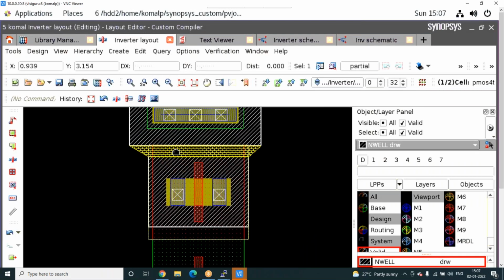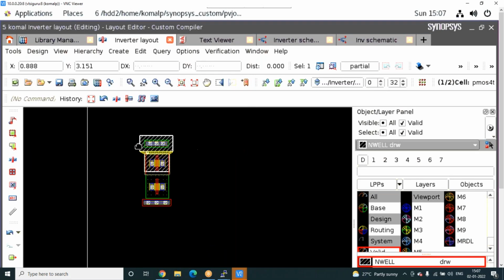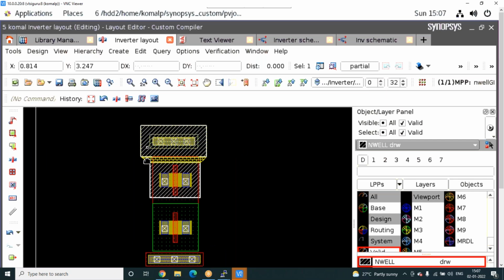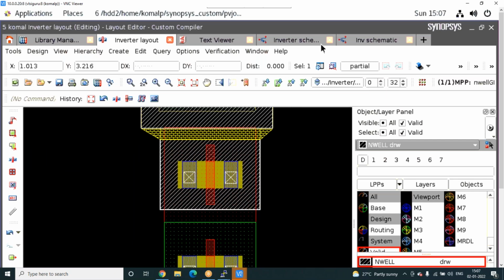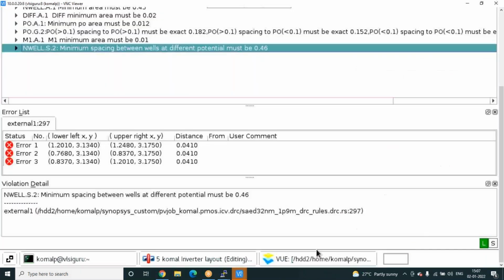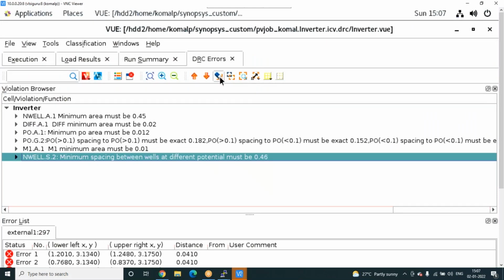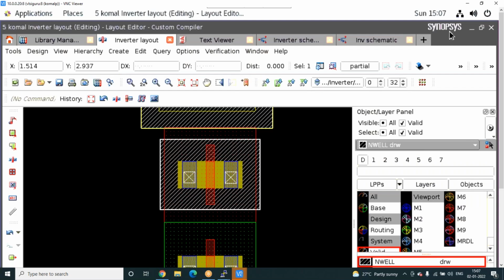Here to here 0.46 has been. So I need to de-highlight. Quickly clear highlight. I will de-highlight this error.